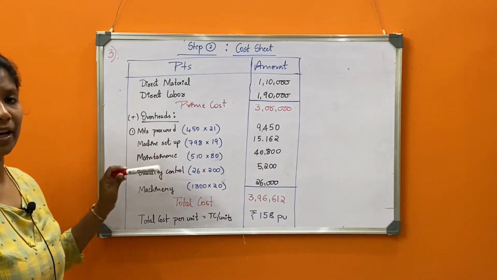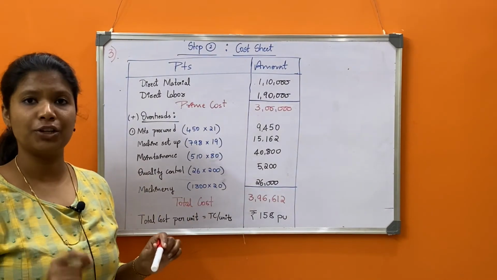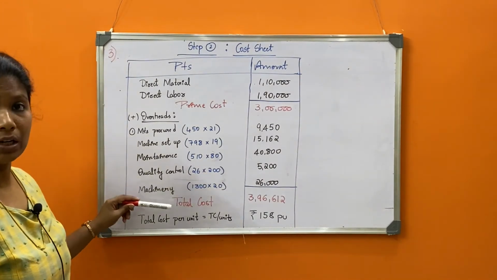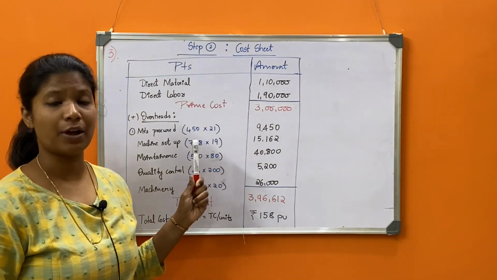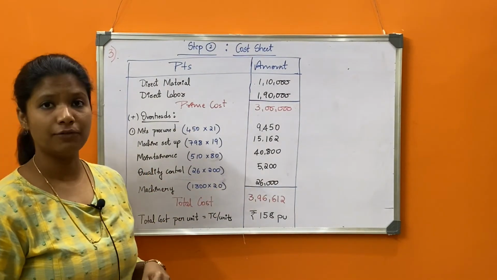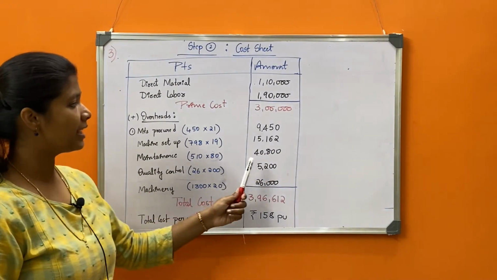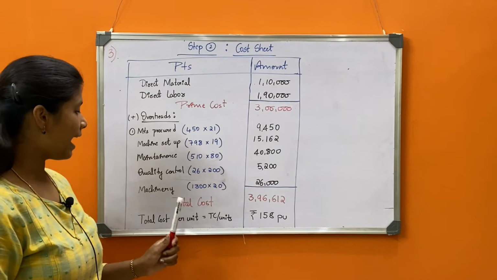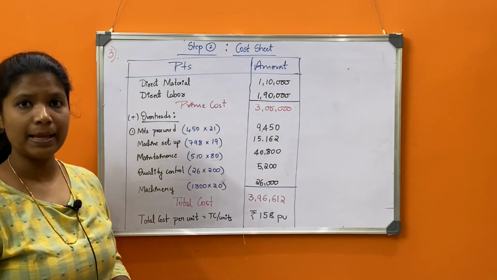Moving on to the overheads. Whatever rates you have found out for every individual activity in step number 1, you need to remember those. Then materials procured, machine setup, maintenance, quality control and machinery. All these values are going to be multiplied with the rates that you found in step number 1. So materials procured cost comes up to 9,450, machine setup 15,162, maintenance 40,800 rupees, quality control 5,200 rupees and machinery 26,000. We add up all the overhead cost along with the prime cost and arrive at